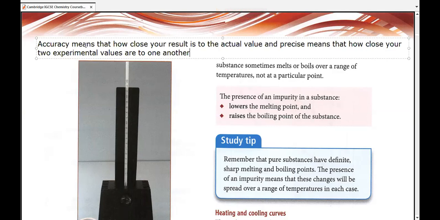So let's consider the same example. You are going to boil water. The first time you did your experiment, yes son